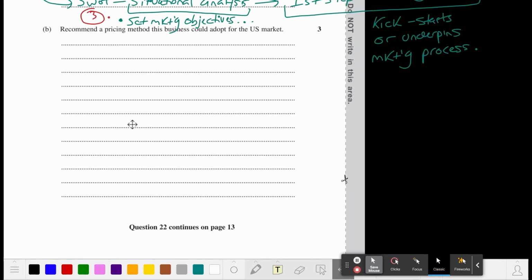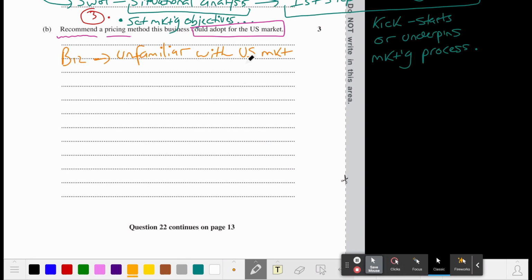It says here, recommend a pricing strategy or pricing method, recommend a pricing method that this business could adopt for the US market. Interesting language, right? It's actually telling us, please recommend a pricing method, and that it is for the US market, not domestically, right? So it's for the market that it is moving into. The business is unfamiliar with the US market, right? It's a very experienced and popular Australian brand, but has not been in the US market. So it's not sure about how the pricing